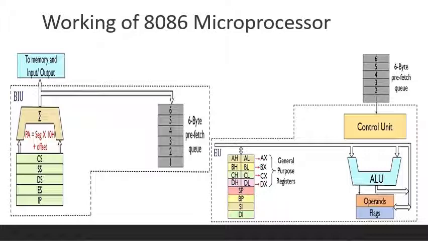For example, suppose the segment address is 2000H and the offset address is 4356H. So the generated physical address is 24356H. Here the code segment register provides the base address of the code segment, which is combined with the offset address. The code segment contains the instructions. Each time an instruction is fetched, the offset address inside the code segment gets incremented.